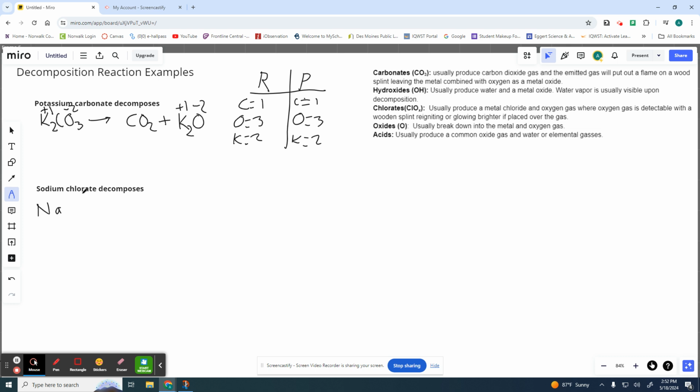Sodium chlorate is an ionic compound because it's a metal with a non-metal package. Chlorate is a polyatomic ion, so you have to look that up on your polyatomic sheet. Chlorate is ClO3, and chlorate has an overall charge of -1, +1 for the sodium. So it is charge balanced at this point. However, if we run it through decomposition,